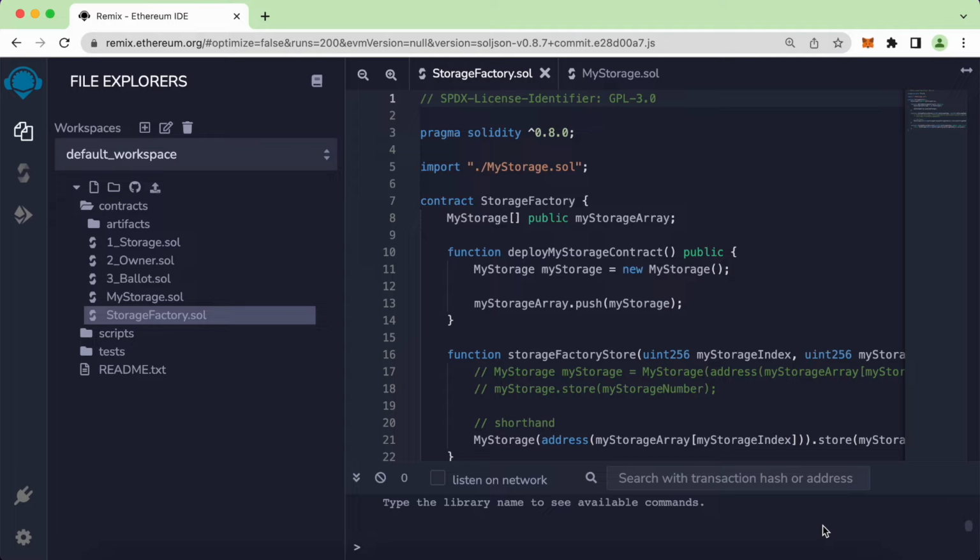Hey guys, in today's video, we will learn how to receive funds, or receive the amount that is sent by others to our smart contract. So now let's create a new file. I will call this accept